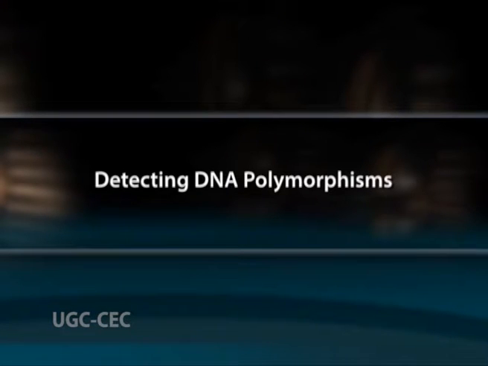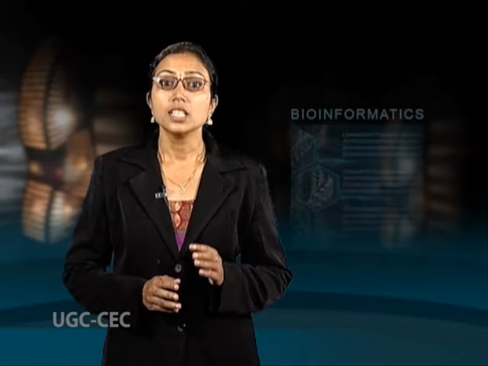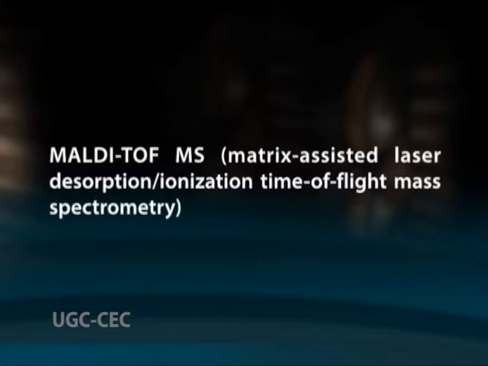Detecting DNA polymorphisms. Because any DNA molecules greater than 10 base pairs differ in size, a procedure that separates molecules based on mass alone will be useful to uncover DNA polymorphisms. Currently, gel electrophoresis is the most often used procedure to detect these polymorphisms. The most recently widely applied procedure is capillary array electrophoresis. But MALDI-TOF-MS, that is matrix assisted laser desorption ionization time of flight mass spectrometry, may replace many of the current procedures in the near future.